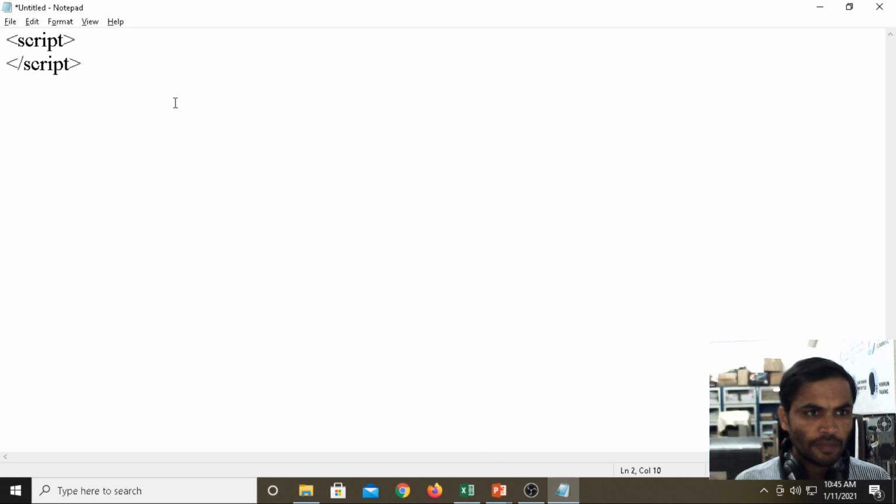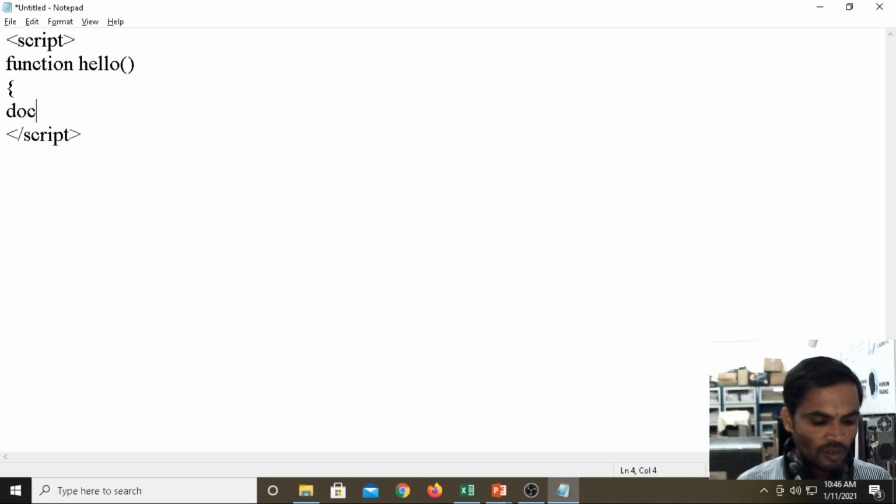Inside the script tag I am defining the function. The function name I am giving as hello. You can give any name for the function. Here I am declaring 0 arguments. I am not declaring any arguments.